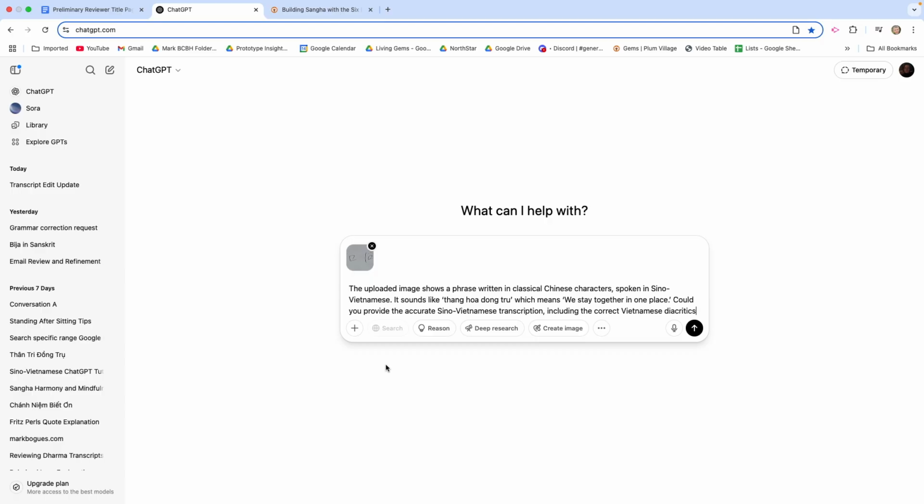The question is: the uploaded image shows a phrase written in classical Chinese characters spoken in Sino-Vietnamese. It sounds like Thân Hòa Đồng Trú, which means we stay together in one place. Could you provide the accurate Sino-Vietnamese transcription, including the correct Vietnamese diacritics? We'll press enter and we'll see what it gives us.